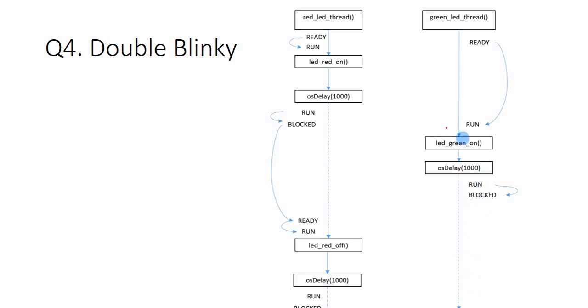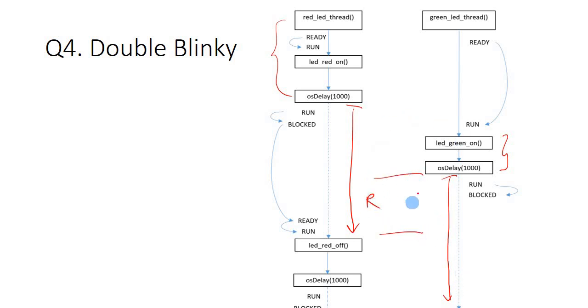You have to remember that this LED red on code over here is very fast. That means for the whole duration of the 1 second that I am blocked, effectively the majority of that 1 second, both red and green are on together. So what you would see is it switch on as yellow color, red and green combined together. But if you step through the code in the lab, you will see that the red actually is switched on first,